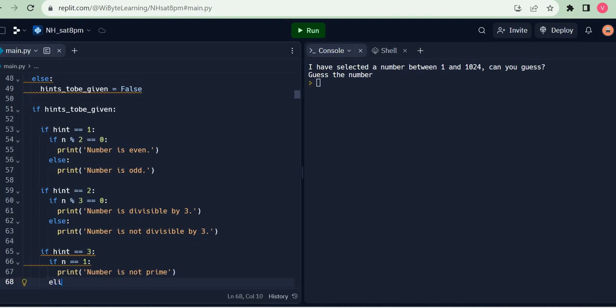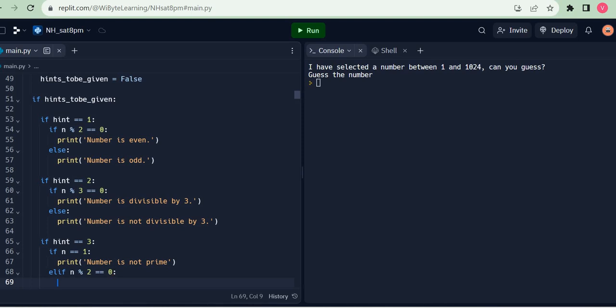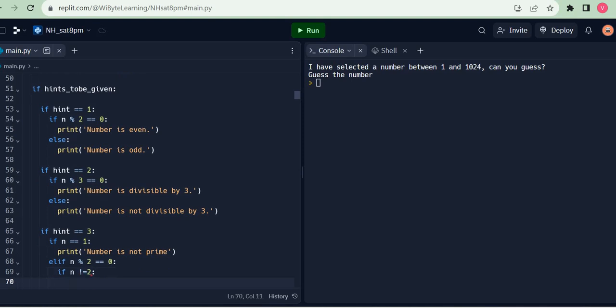Else, so I'll use an elif here, which means basically like a big brother of if else. So I say, okay, if this doesn't happen, let's search if the number is an even number. So I say if n modulo 2 is equal to 0, which means it's an even number. I go and say, look, if n is not equal to 2, which means, because 2 is the only even prime number, so I say if n is not equal to 2, then I just put here print, let's say,